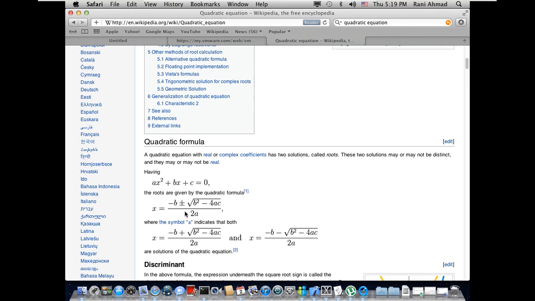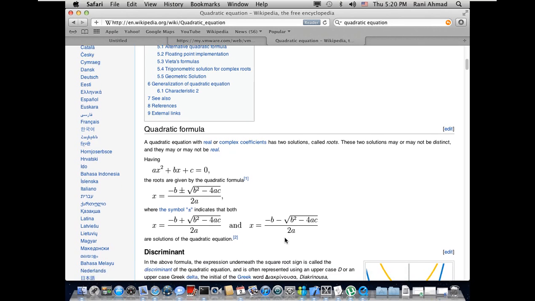Now as we see in the wiki, this is from Wikipedia, it tells you that x will be minus b plus or minus the thing under this square root, b square minus 4ac, which is b times b minus 4 times a times c. All of this is over 2 times a, and therefore x can be this and can be another one, which means that